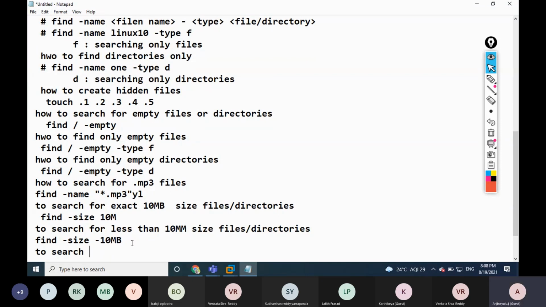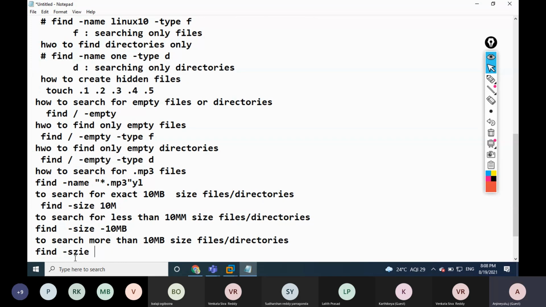To search for more than 10 MB size files and directories: find -size +10M.